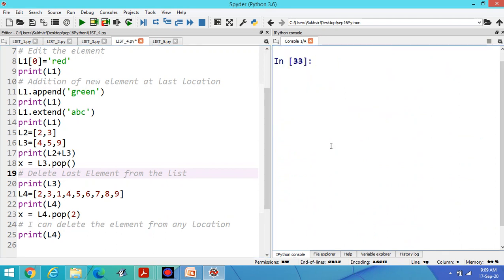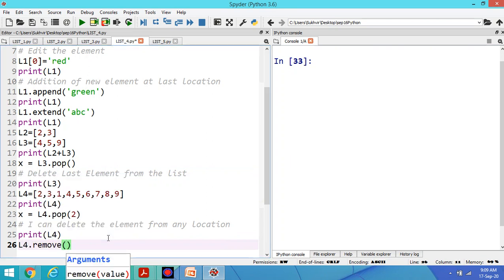Now, the next one. Suppose I am writing the remove function: L4.remove, then in single quotes, suppose I am writing 7 here.